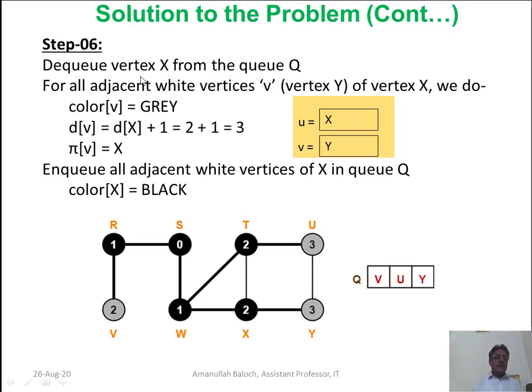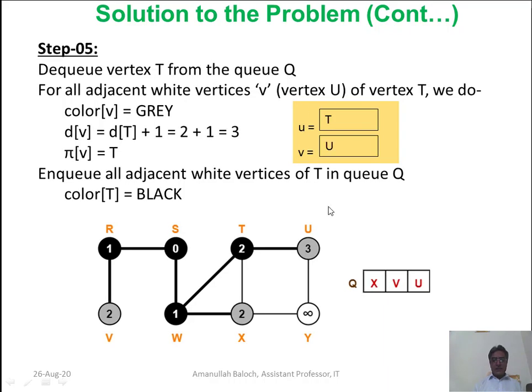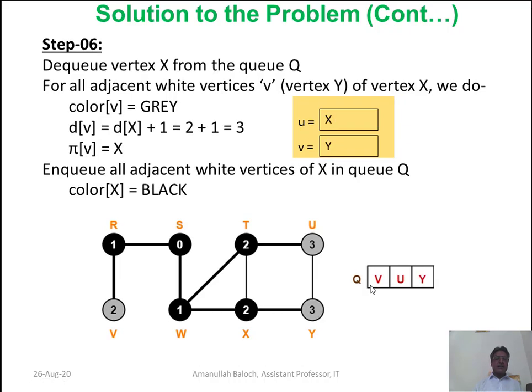Then DQ vertex X from the Q, because here at the front of the Q it is X. So the DQ command will delete X from the Q and assign it to U. For all adjacent white vertices V of vertex X, we do the following.